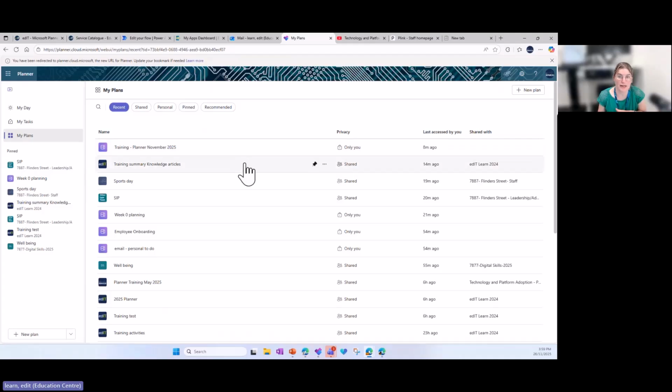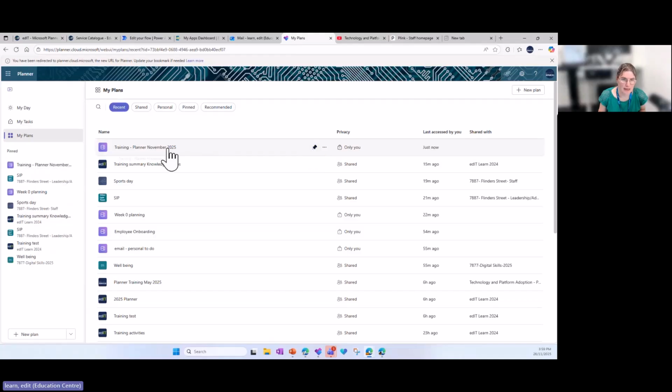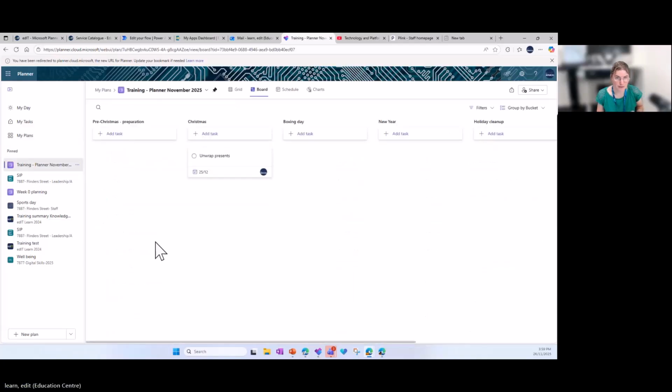So you can see that's got a pin that's blacked out. You can see that's in here. While I'm doing this, we can unpin it later, pin this one now. So I'm hovering over it and I'm going to select the pin, and then I can easily get to it from that side menu. Okay, so we got this first task in. Great if there's only one bit of that task to do. However, sometimes tasks that we create can be quite complex. So if I want to add more steps to this task,